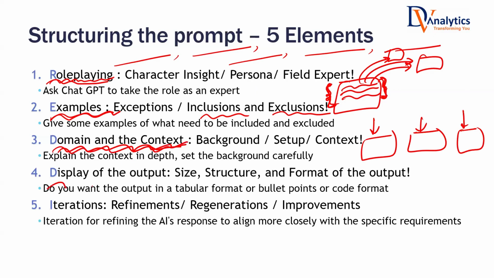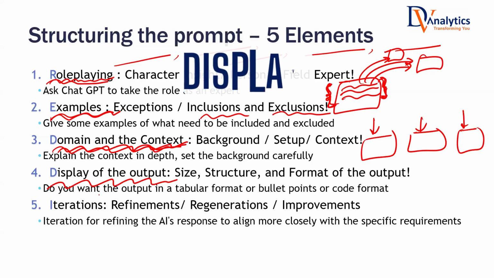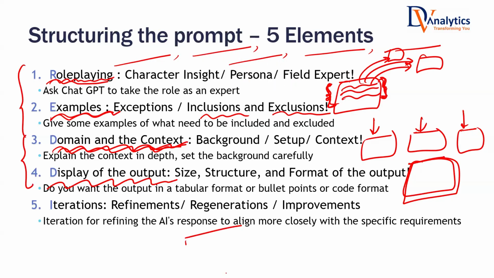You can always ask ChatGPT to display the output in a certain format. Always ask, give me in bullet point format. You can ask, give me in 2 paragraphs, give me in 2 pages, give me the output like a table. And then after giving all this, if you have got the output and you're not satisfied with it,